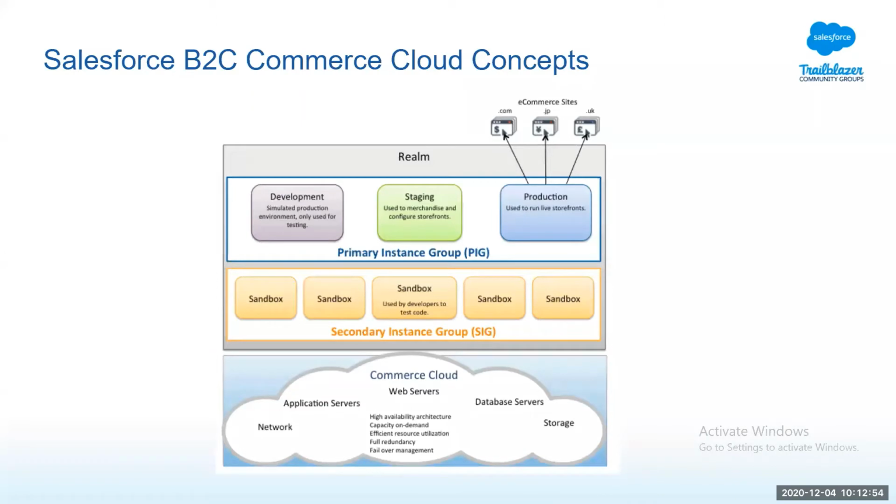Now, there's another concept called pod, which is point of delivery. This is basically just a collection of realms. It has network and storage services that together combine to form the multi-tenant SaaS architecture that we have. So it's instance groups, sandboxes, realms, and finally pods that host multiple realms. So this is, on a very high level, the Commerce Cloud architecture. I will now walk you through the Business Manager dashboard.